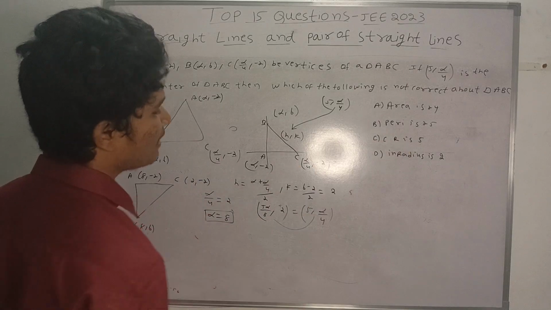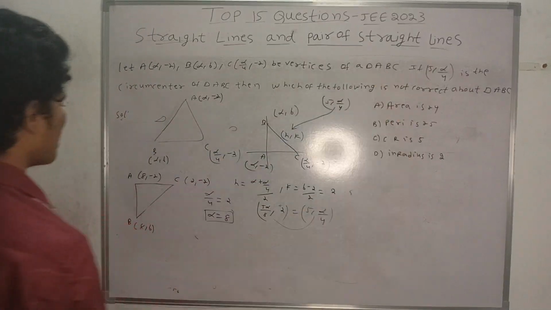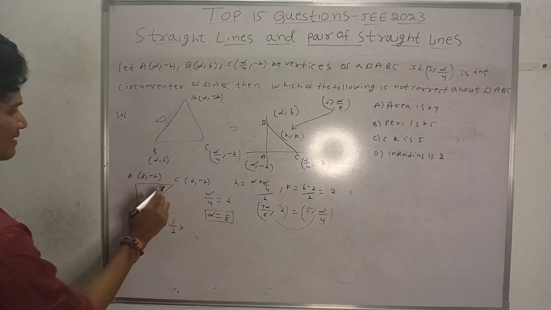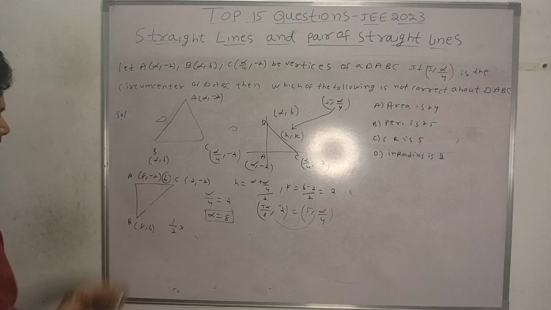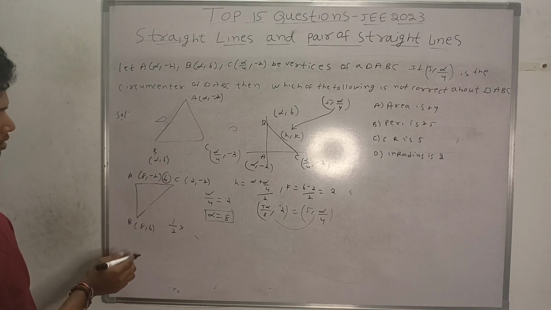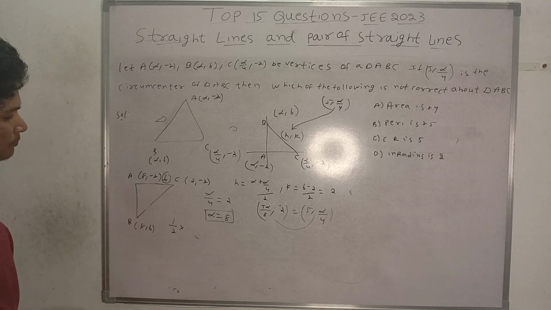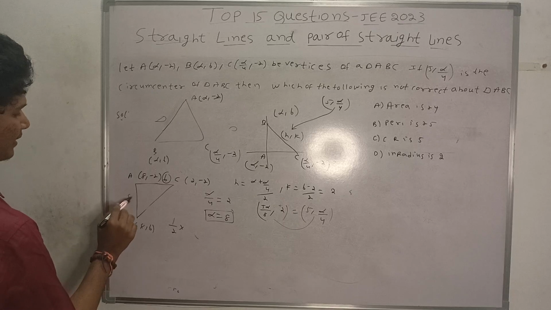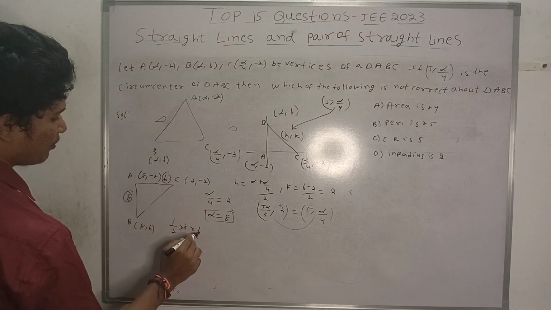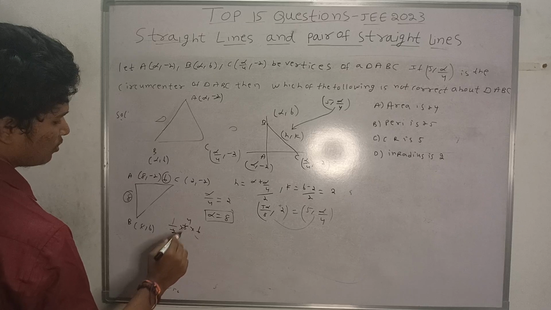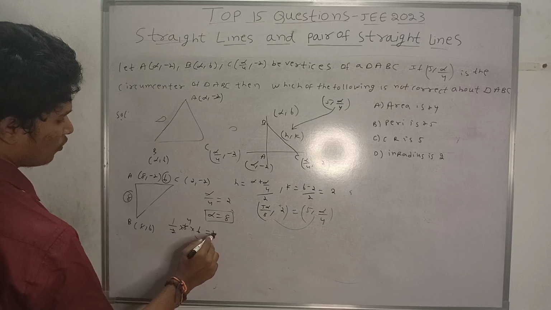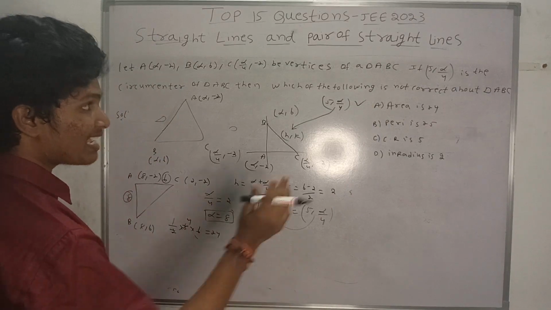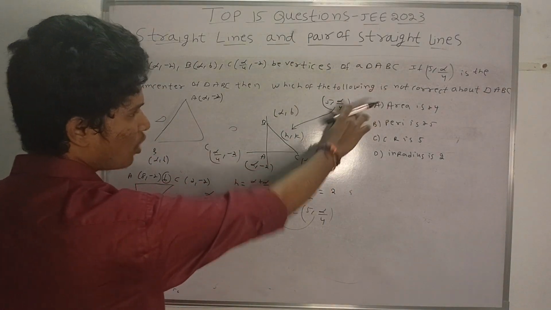Now we have to find these things. I am directly finding the area. The area is half into the distance between them. What is the distance here? That is 6 here. And the other distance is 8 here. So basically the area is half into base into height, so it is 24. Area is 24, it is correct. But don't make the blunder. They are asking which is not correct, so option A is not.